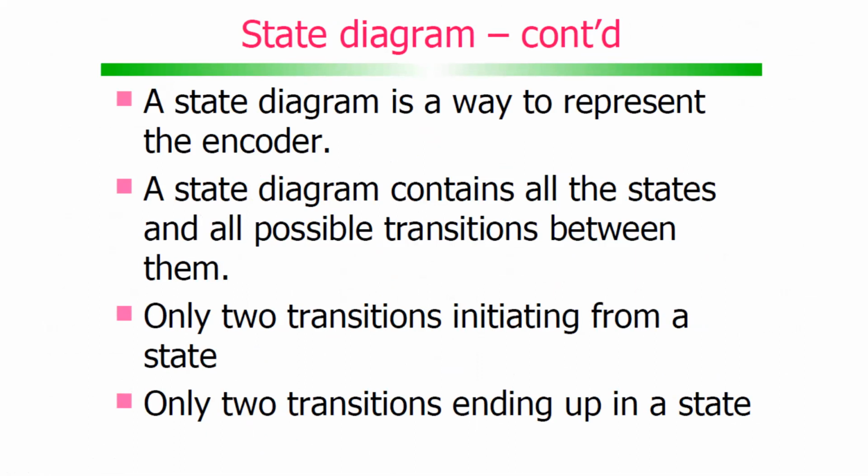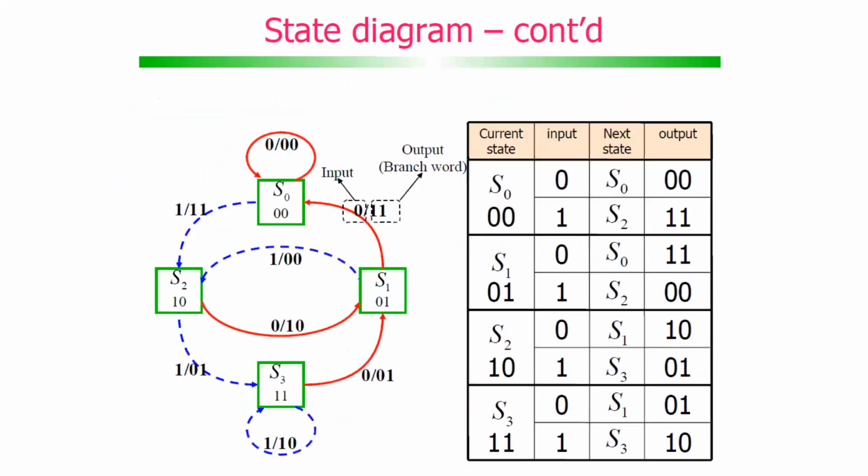So in today's lecture, what I have tried to explain is the convolutional encoder, how to generate the code word from the message vector, what branch words are, how the branch words are combined to form a code word, what the impulse response of the convolutional encoder means and why it is called a convolutional encoder, and how you can represent the connections of the XOR gates using vector representation and also polynomial representation. And then I have also discussed how the encoder structure can be represented using a state diagram.